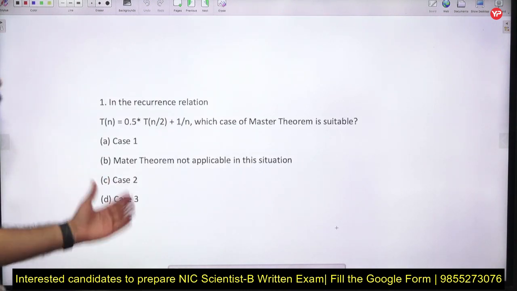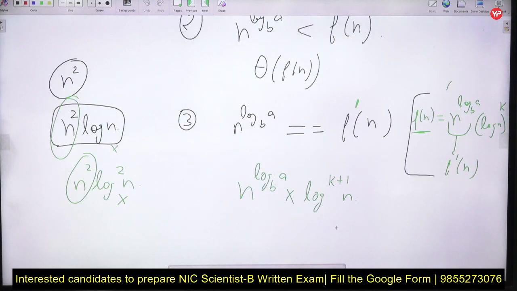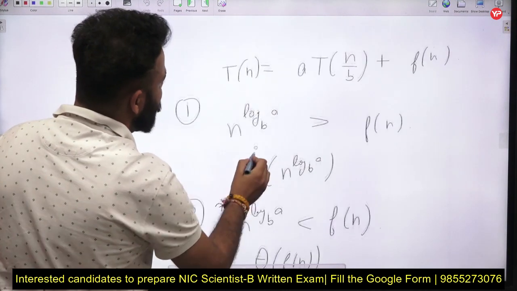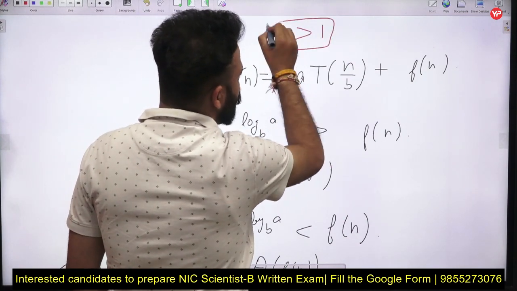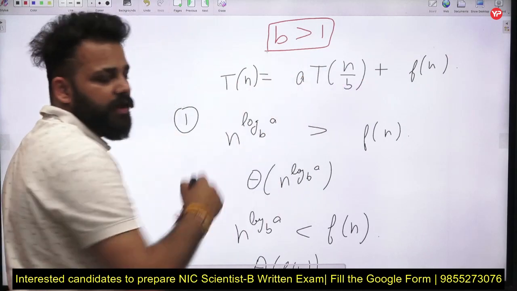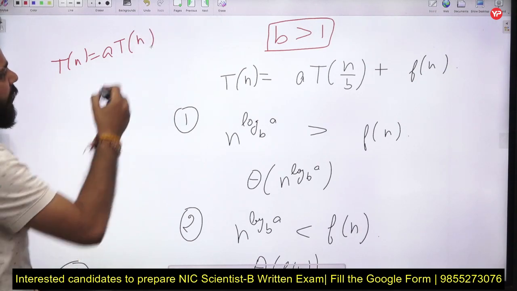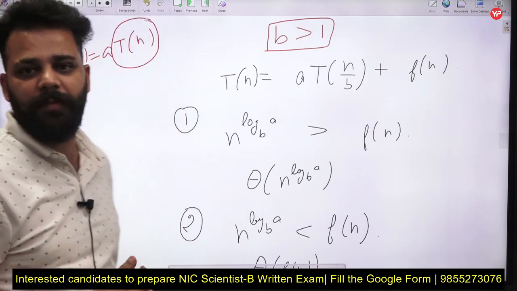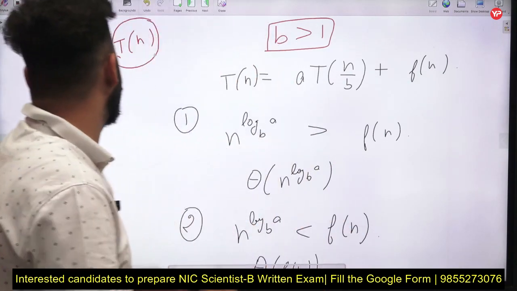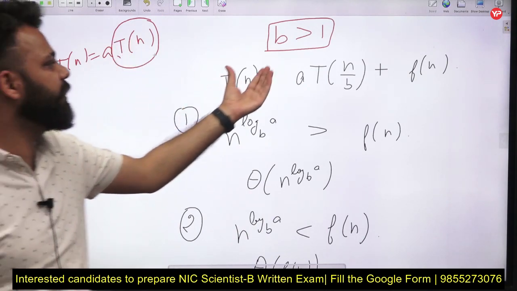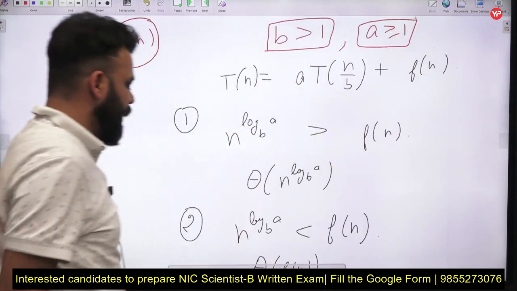So this was asked in a previous year question. Now one more thing that we need to see here is that there are some limitations to a and b. Value of b is greater than or equal to 1 always, because if the value of b is equal to 1, this will become T of n is equal to a of T of n by 1 plus f of n. So we are not breaking the function into smaller parts. It is acting as the previous function only. So in order to break the function, the value of b should be greater than 1 always, and the value of a is always greater than or equal to 1.